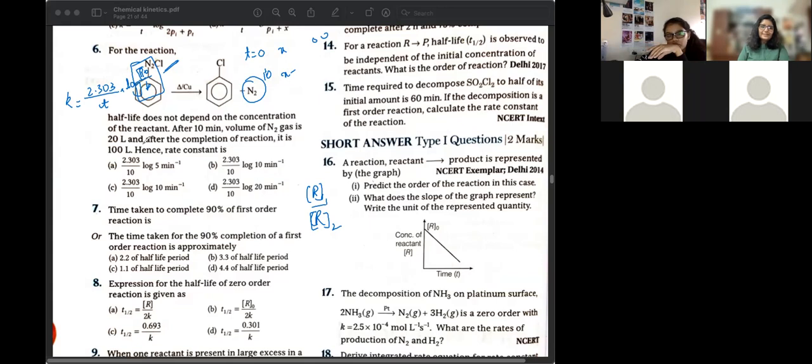Focus more on this. Completion of the reaction, meaning what is the situation of the reactants and products? Oh, so after 10, it's become, no, what? It's a one-sided reaction, right? So reactants have become 0. Yeah. And what was the N2 concentration at that point of time? At the end of the reaction, 100. 20. Wait, I'm just going to put it on the whiteboard, okay? Getting too cluttered.